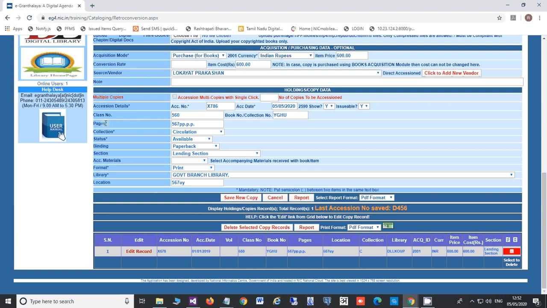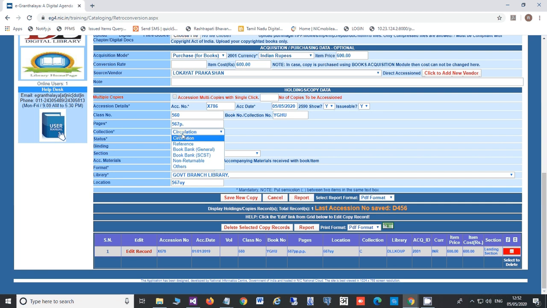And please remember that a few fields are mandatory. Enter class number if it is classified, number of pages, and whatever information you are going to enter, you should type as per the cataloging standards you are following in your library.